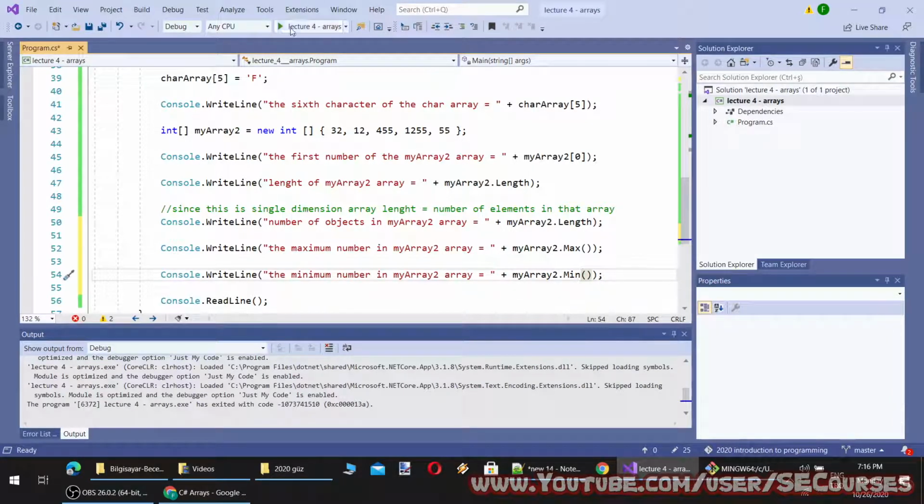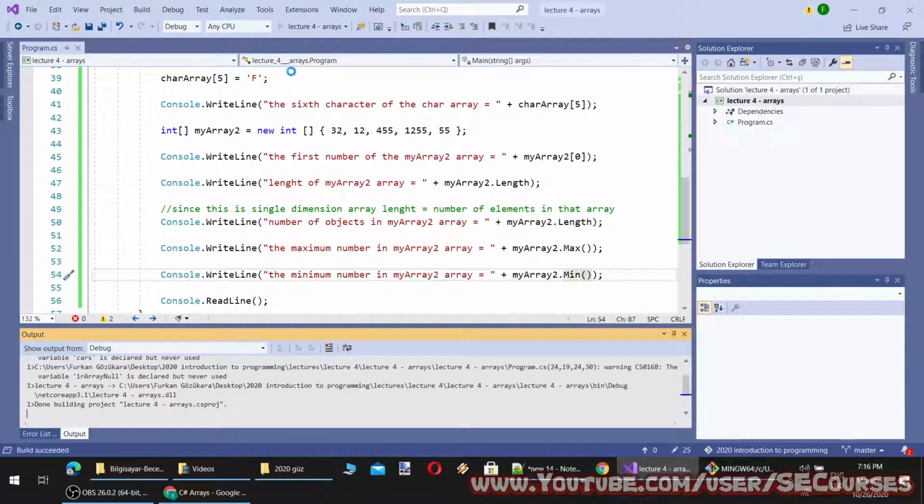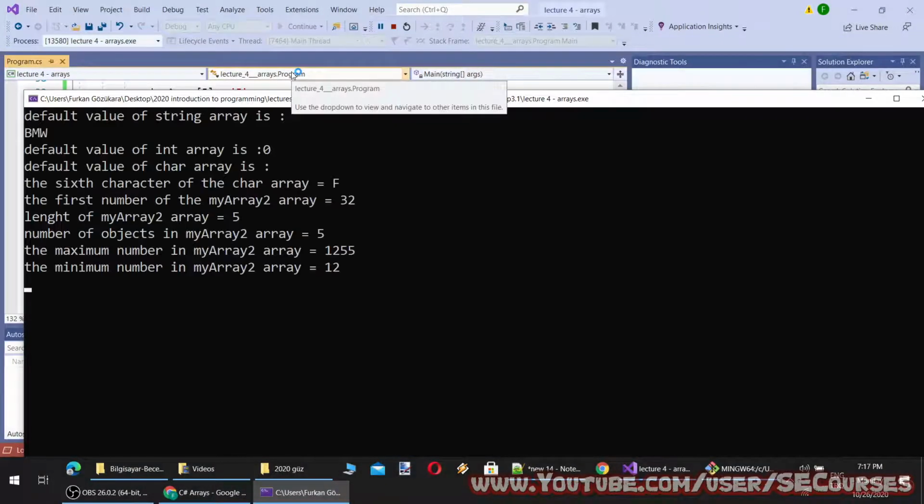Okay. And when we run the application, the maximum number is 1255 and the minimum is 12.